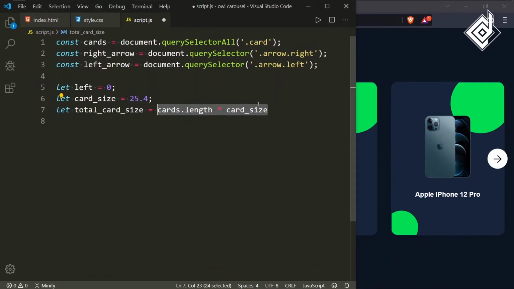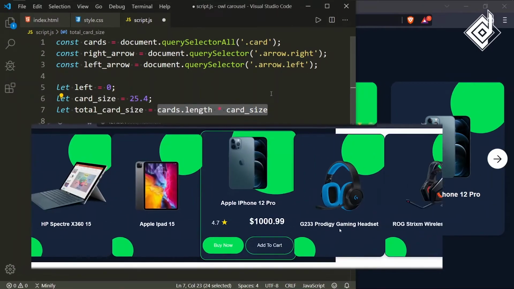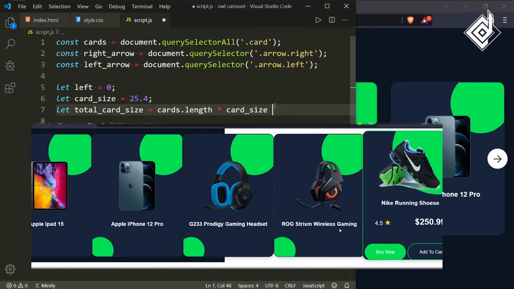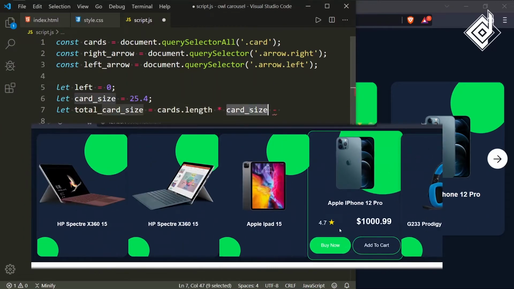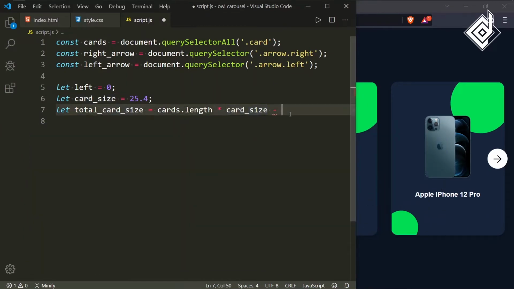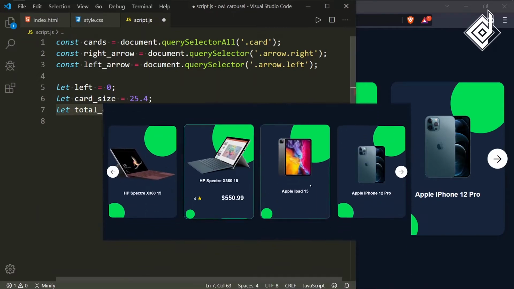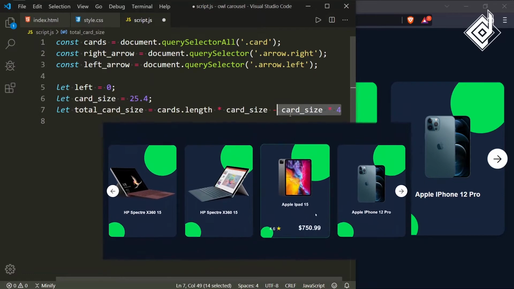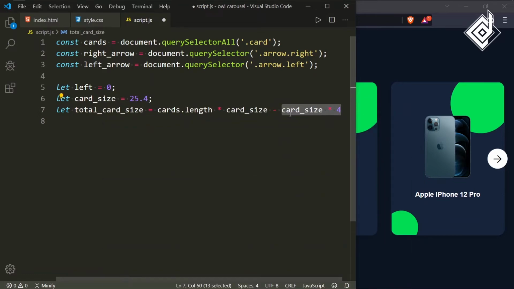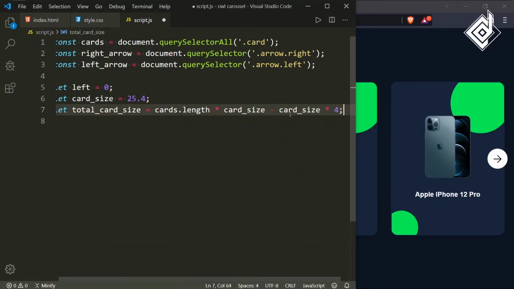If I multiply with that, then you'll be able to get all the cards' percentage space that they are occupying. I want to subtract the space occupied by 4 cards. So for that, I'm writing card size asterisk 4. We are subtracting that because at the beginning you could see the 4 cards, but you are unable to see the other 4 cards.